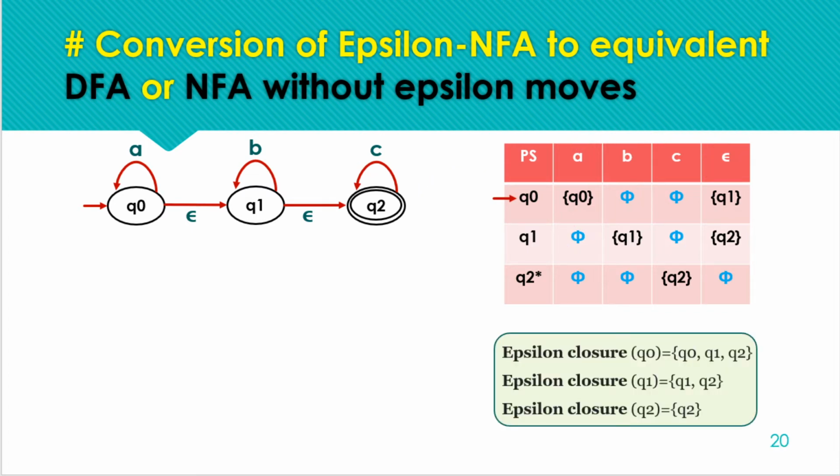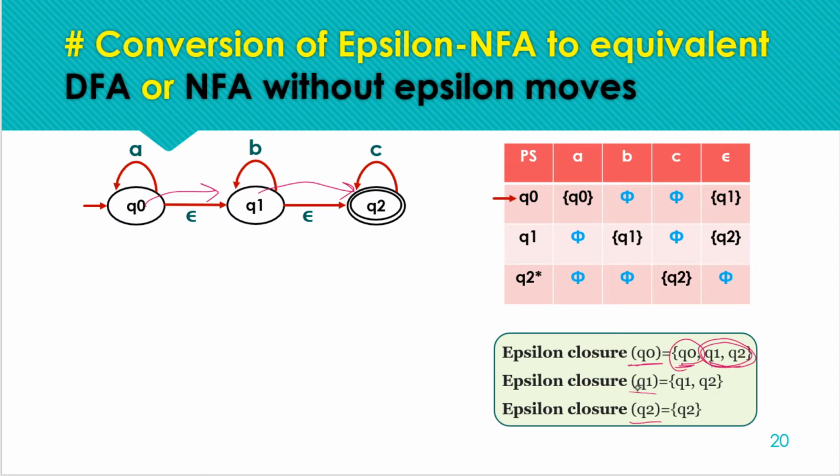Next, this is the closure of the given states. Here the closure of Q0, Q1 and Q2 is given as this, because the epsilon closure of Q0 will include Q0 and all those states that are reachable from Q0 without reading any input symbol. As is clear from the diagram, from Q0 we can move to Q1, and from Q1 we can move to Q2. So we can move to states Q2 and Q1 from Q0 without reading an input symbol. So Q1 and Q2 will be included in the epsilon closure of Q0, and the state itself will also be included.